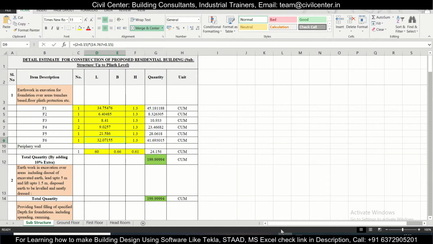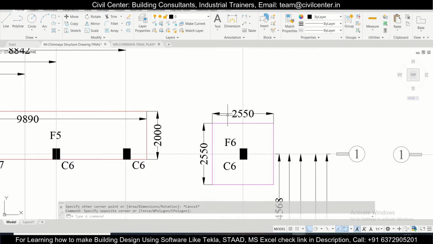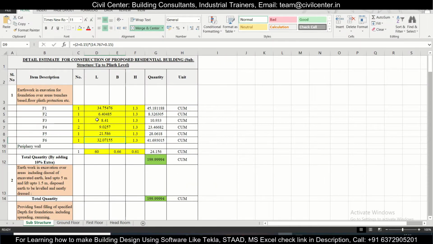And now for the F6, we have only one F6 here. This is 2.55. So this will be your 2.55 plus 0.15 whole square. So like this we have done. So now we have got the quantity of earthwork for all the footings, and next thing will be for our